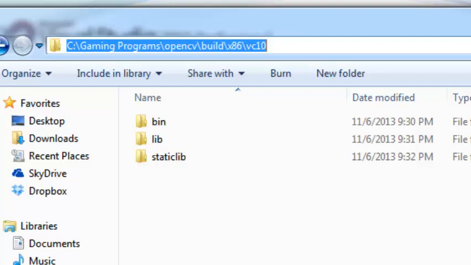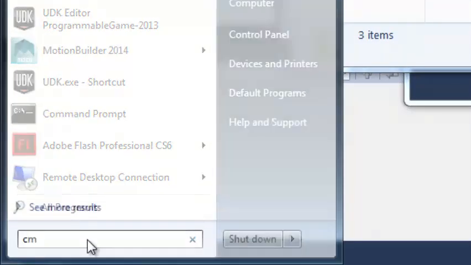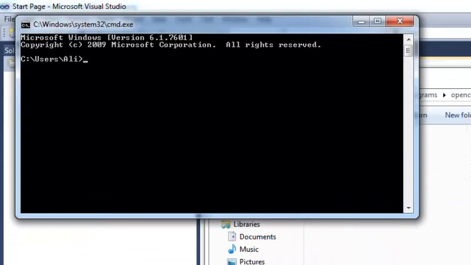So this is the folder location that I will be using, and I will create an environment variable for it so that in my projects, when I'm including header files and additional link folders that I need to compile against and to link against it in the project, I could essentially use them appropriately. So I'm going to copy the path here and then click on Start menu and type in command to open up a command window, and then I'm going to use the command setx